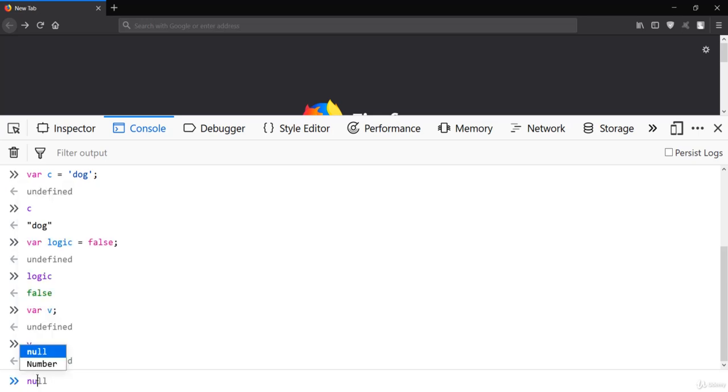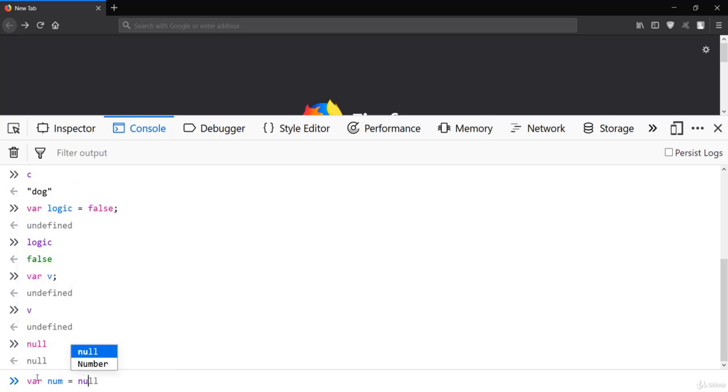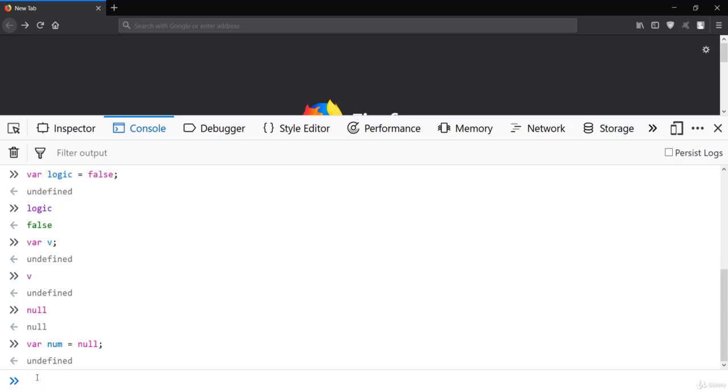The next one is null. Null is another primitive data type, which means no value at all. If I create a variable num and pass null, and then print num, it will show null now, not undefined. In the case of v, which was not initialized, it showed undefined.